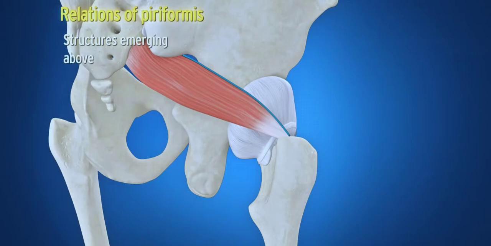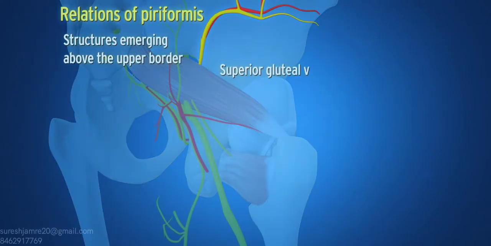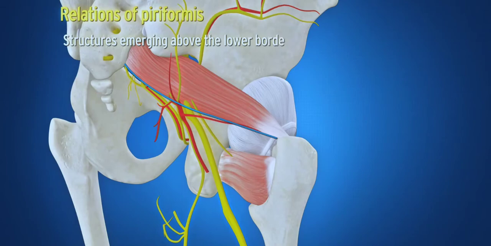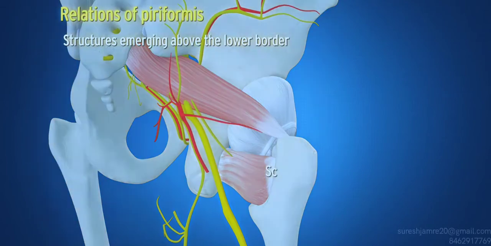Structures emerging above the upper border: superior gluteal vessels and nerves. Structures emerging below the lower border: sciatic nerve,